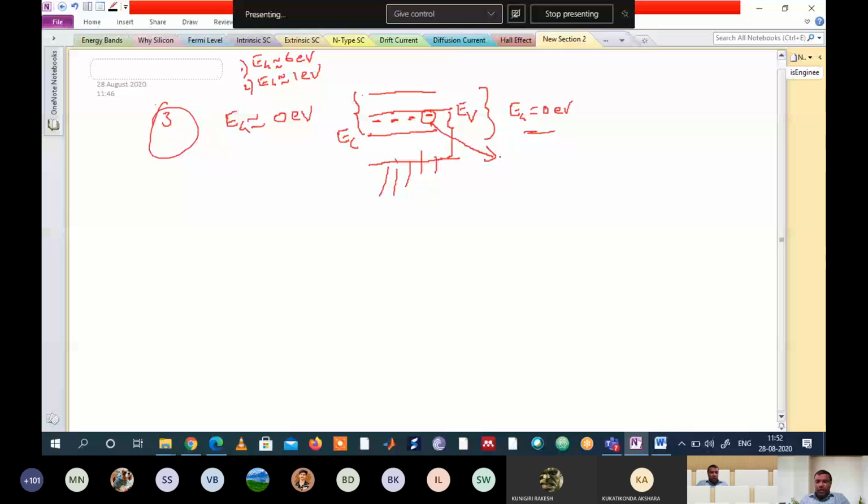So therefore that's what you can write here: energy gap is approximately equal to 0 electron volts. So no energy needs to be given to this electron. Just if you tap it, immediately the electron jumps from valence band to conduction band, because it is already present in conduction band. Why need to give energy again? Just a small light energy if you apply, then immediately current flows in the device.